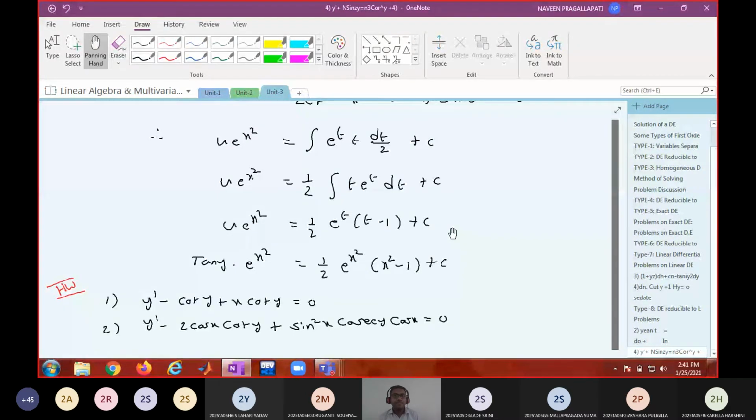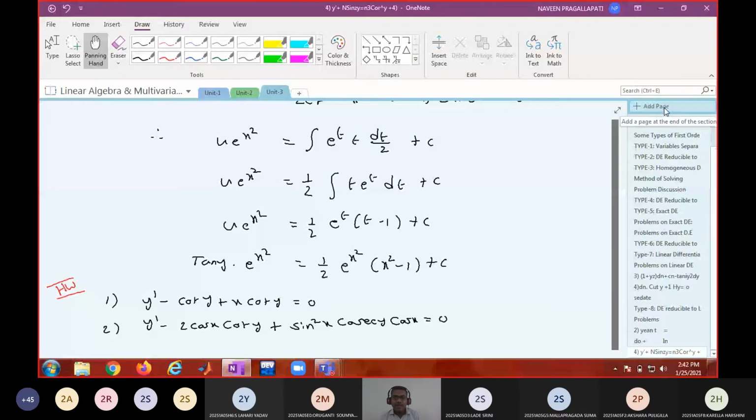That expertise comes only when you have experience. Experience will come through practice. When you solve more problems on differential equations, you will get good experience. That experience will help you to solve a new problem in a new situation, because in exams nobody knows what kind of differential equation will come. It is not necessary that the problems that I discussed in the class are going to come in examinations. There is no guarantee. I'm giving you theory and telling you how to solve the problems. You grasp that theory and apply your knowledge to solve a new problem in a new environment. Is it clear to all of you?